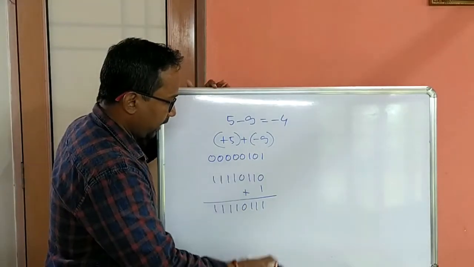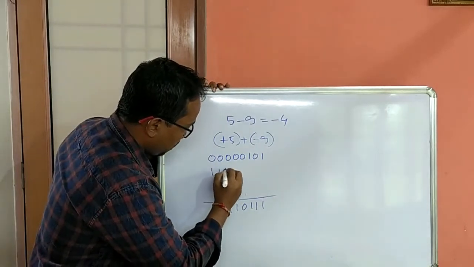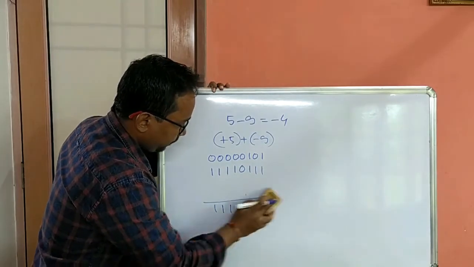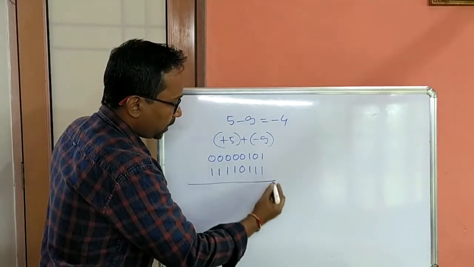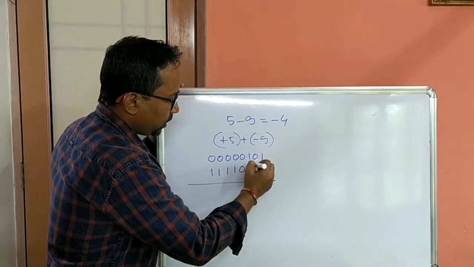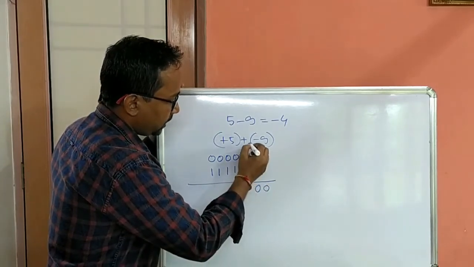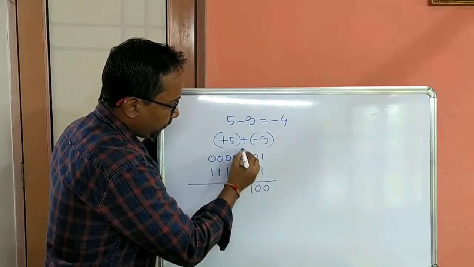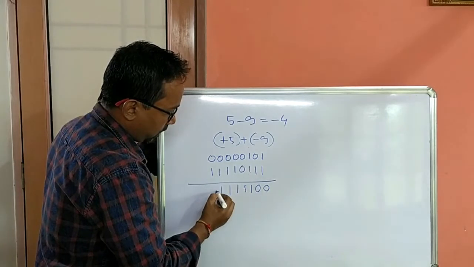So this we have to add here with this positive 5. Now you do the sum. 1 plus 1 for 1, 0. Sum is 0. 1 will carry this side. That 1 plus this 1 for again 1, 0. 0 will come here. 1 will carry this side. That 1 plus this 1 plus this 1 for 1, 1. Here 1. 1 will carry here. So that 1 is coming. Then 1, 1, 1, 1.